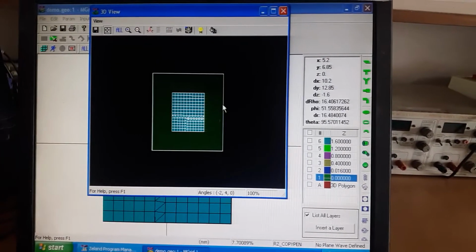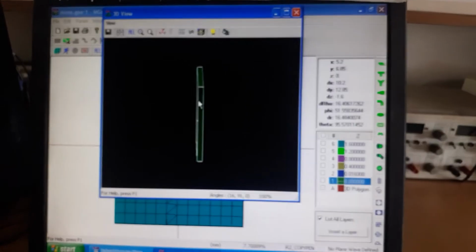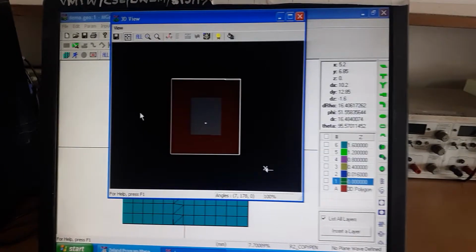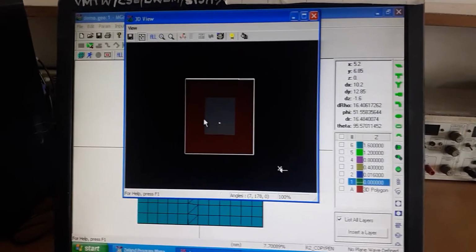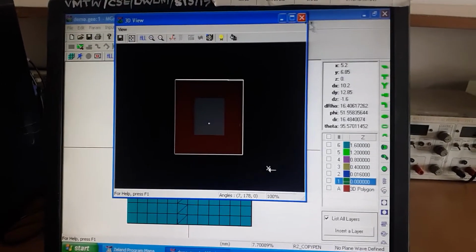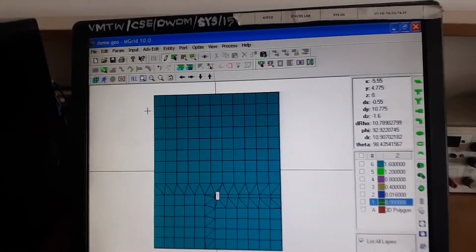This one is your top layer, top view. This one is the side view, showing only the substrate height and these things, and this one is your bottom view or back view, from where we can see the feeding point we applied. So that is the design of the microstrip antenna